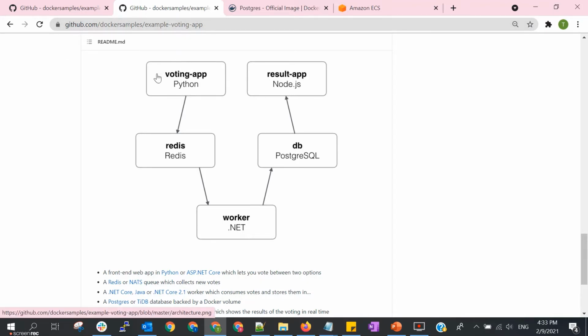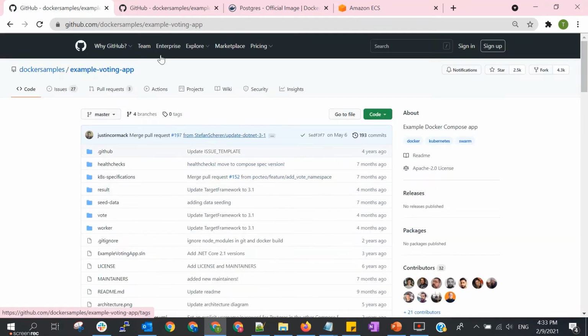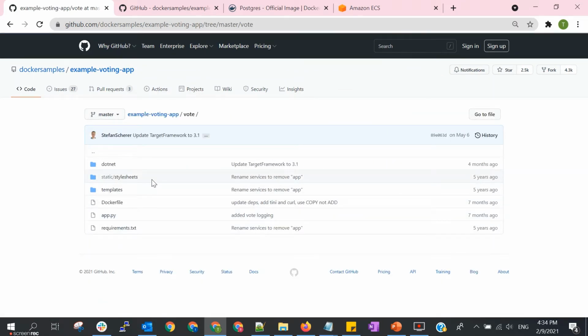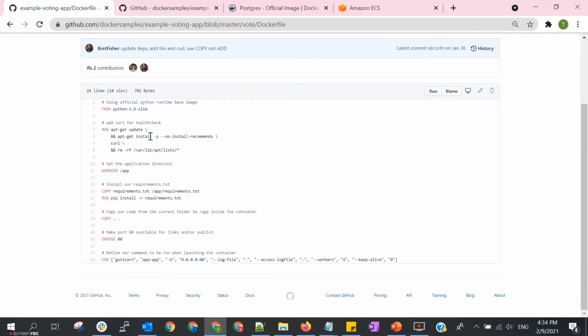So we need to build from the Dockerfile and build the image for each of these custom components. We can see the code here. The first one, the voting app: you can find the source code here under the folder. You can also find the Dockerfile here. Basically this container will use this base image, and then there are some commands for health check, and the working directory we also specify in the Dockerfile.